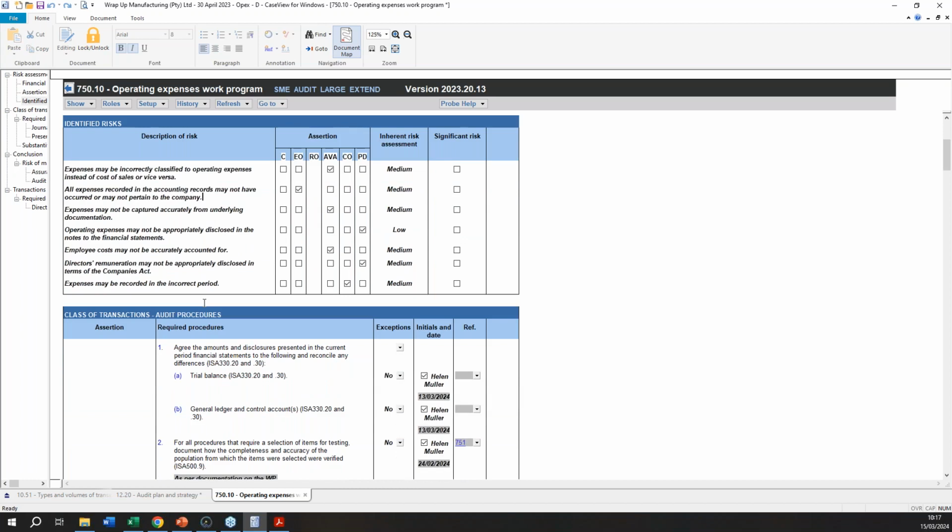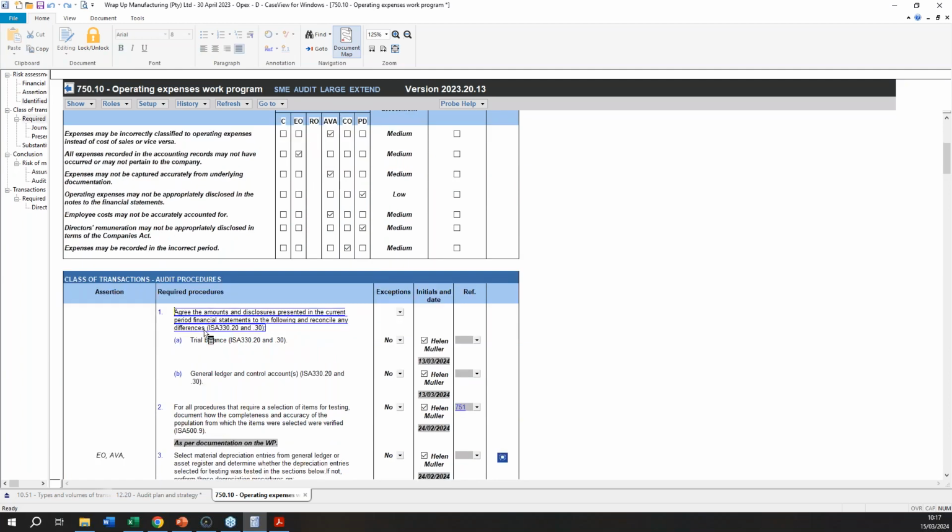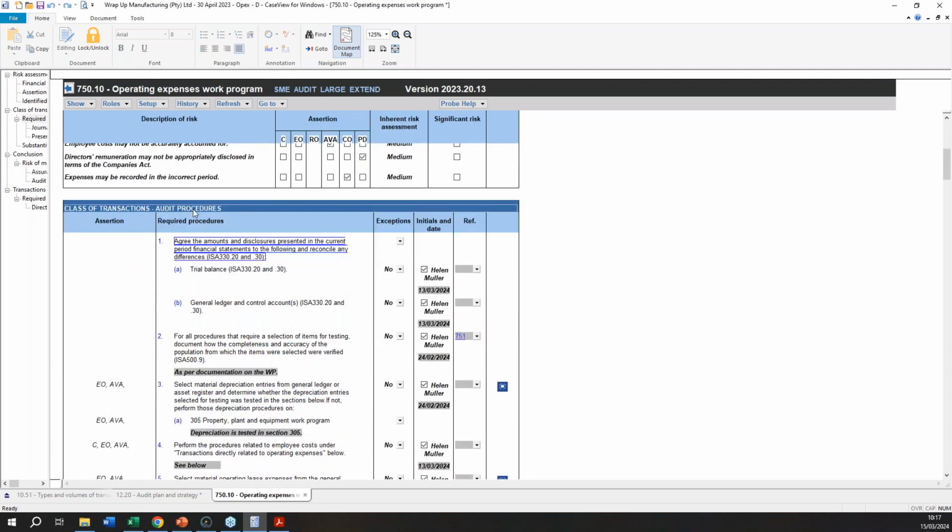So just remember, you're not going to necessarily go wild and test everything. Okay. So if we take a look at class of transactions audit procedures, I just want to point out something while we are here. Well, actually, no, I'll point it out in a few moments when we get to the step. Okay, so step one was to agree the amounts and disclosures presented in the financial statements to the following